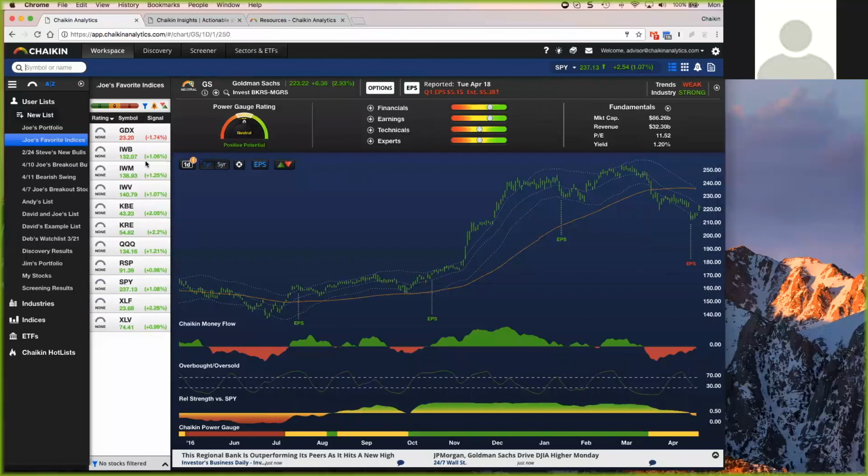But so for Goldman, obviously came out last week and really disappointed with earnings. And so where do we go from here for a stock like Goldman Sachs? Obviously, today was a welcomed bit of relief, but note how you're even further below your long-term trend than most of the other financials out there. So what does Chaikin Analytics tell us here?